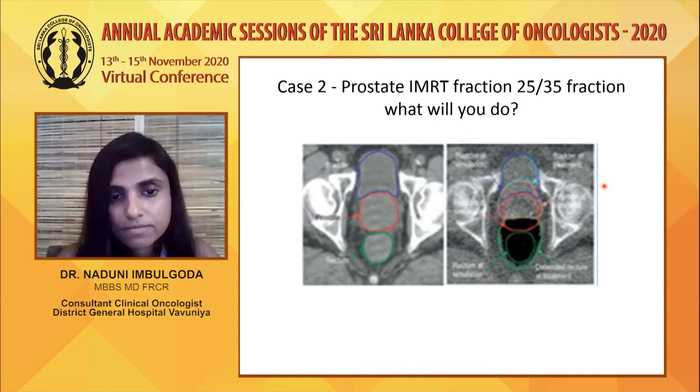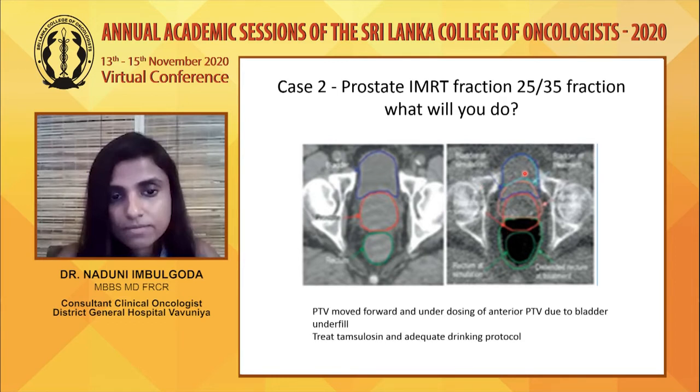So obviously, like in the previous one, there's some gaseous distension of the rectum, but more than that, there is bladder underfill here as well. So the PTV has moved forward, due to underdosing of the bladder anteriorly because of bladder underfill. This is quite common during the latter fractions of IMRT treatment, because of the radiation effects on the bladder, they get increased frequency and they cannot maintain a comfortable bladder